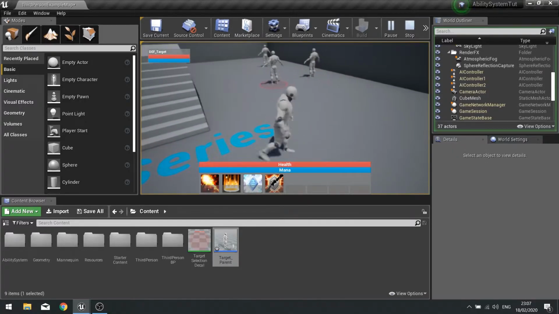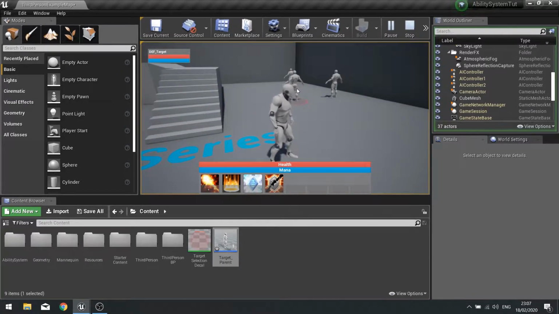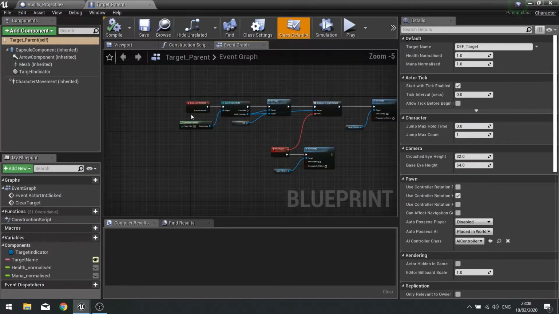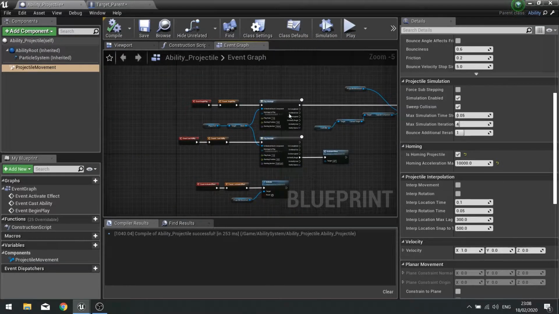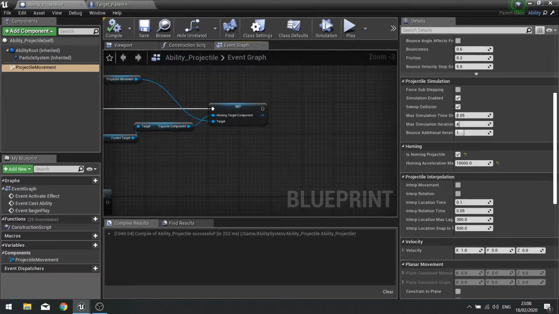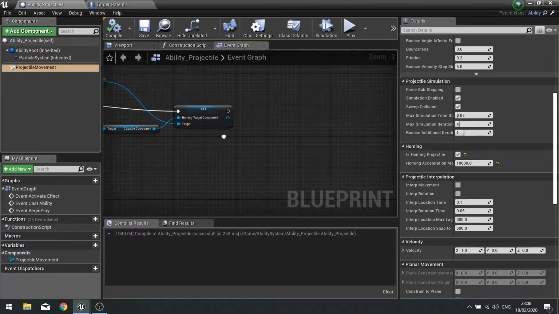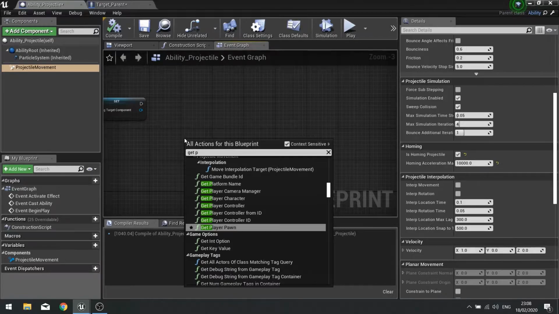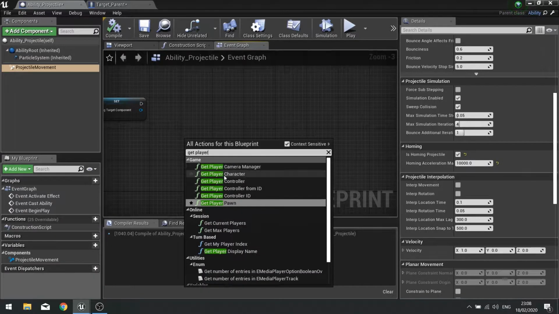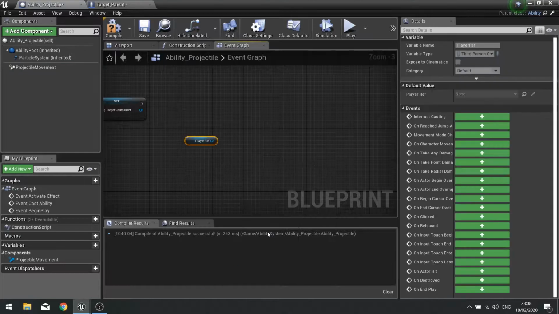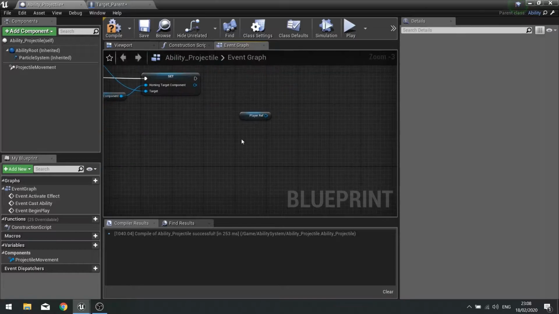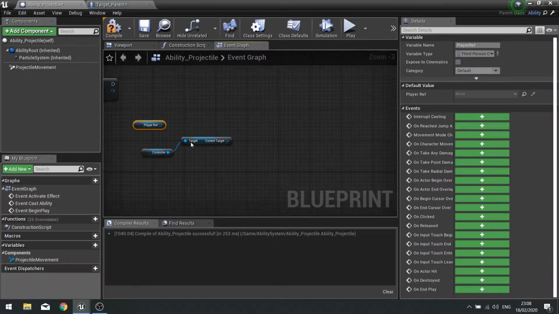We're now going to make it so the character is turning and facing the target. To do that, on the ability projectile, we're going to make it so that when this projectile spawns, it's going to rotate the player towards their target and lock them on basically. So we need to get the player, which we can get down here, get player ref, and we also want this current target as well. So I'm just going to copy these two nodes over and put them over here.